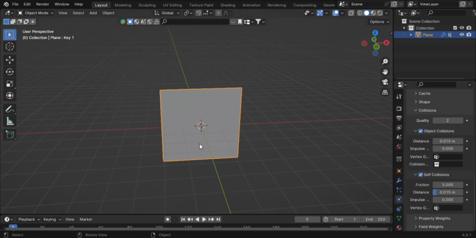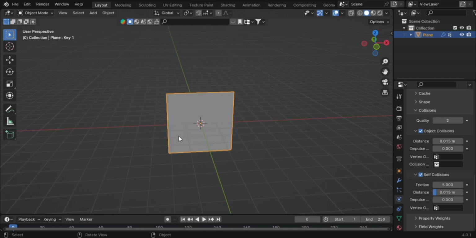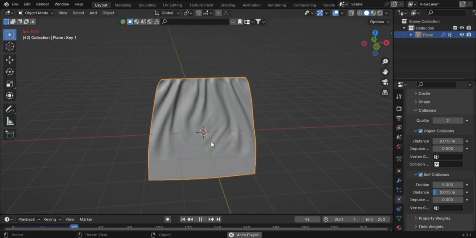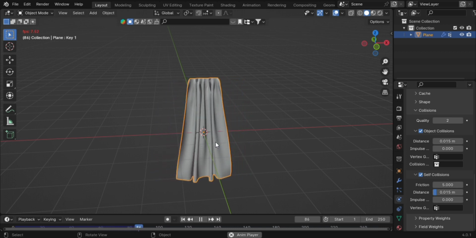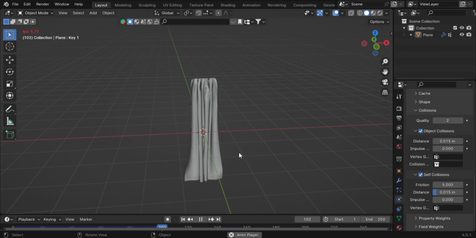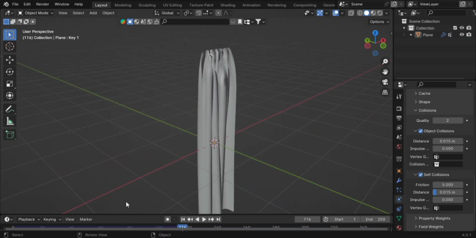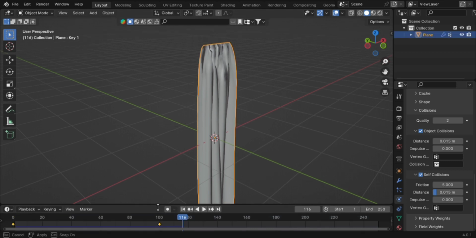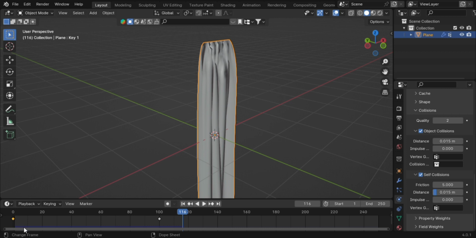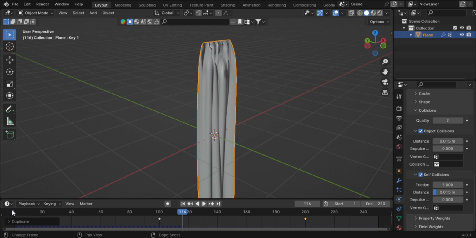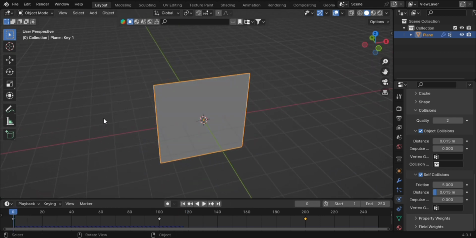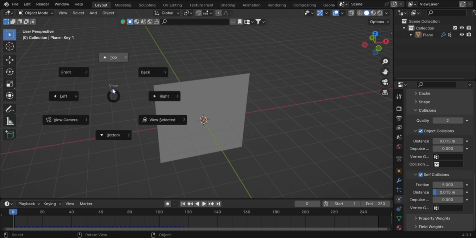Now when you go ahead and play this animation, you'd see it's going to be very slow at first, but you kind of see what is going on here. You see the cloth folding, and it's kind of very satisfying. Now, when you want the cloth to return to its original shape, what we're going to do is duplicate the first keyframe and bring it all the way to frame 200. So let's play the animation. Or let's go to our front view and